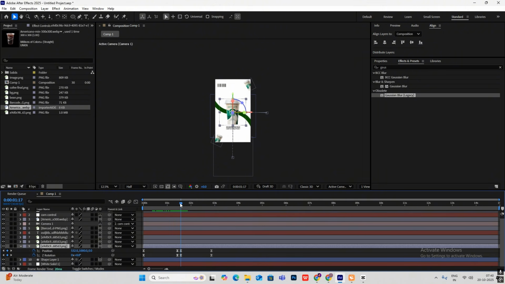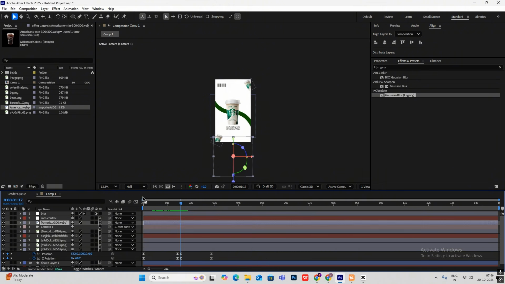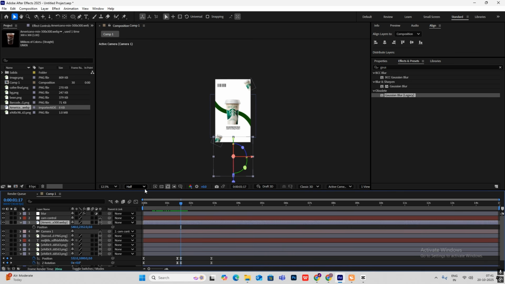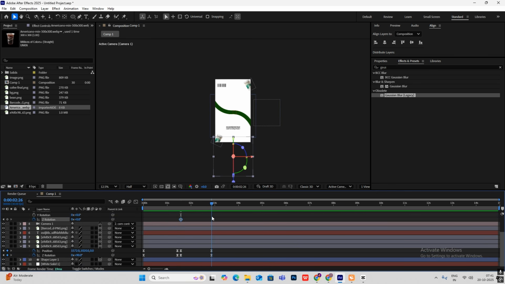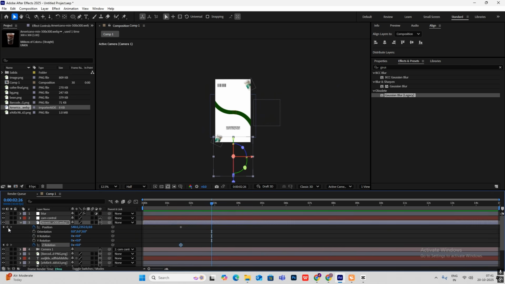When does it start? Okay, and we have to start this next one from there only. So hit P for position, hold shift and hit R for rotation. Click on the keyframes. Okay, and go here to the same position of this and again click on these keyframes. Now you simply have to bring this up at the center, and at the start we have to just rotate this toward the left. Okay, so it will come up like this. Now select this, F9,